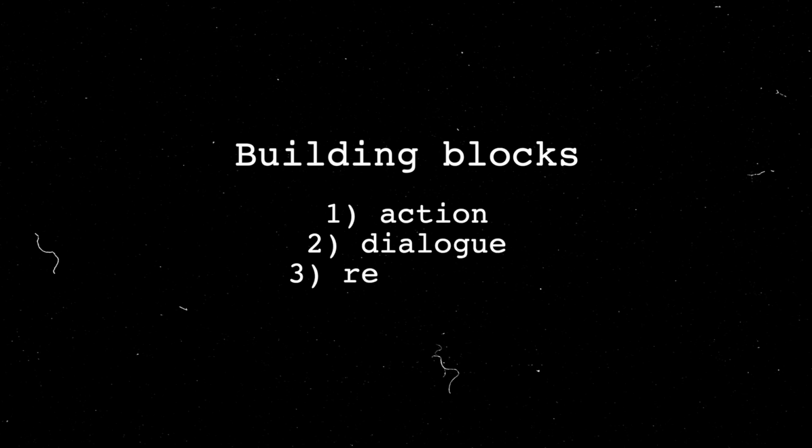So now that we've defined what a scene is, we can talk about what the building blocks of a scene are. I don't understand why this is not talked about more on the internet. I literally searched high and low for this and I can't find people talking about it, but there are 3 main building blocks that make a scene, and I think if writers understood this, it would make writing scenes a whole lot easier. The 3 main building blocks of a scene are action, dialogue, and reflection.